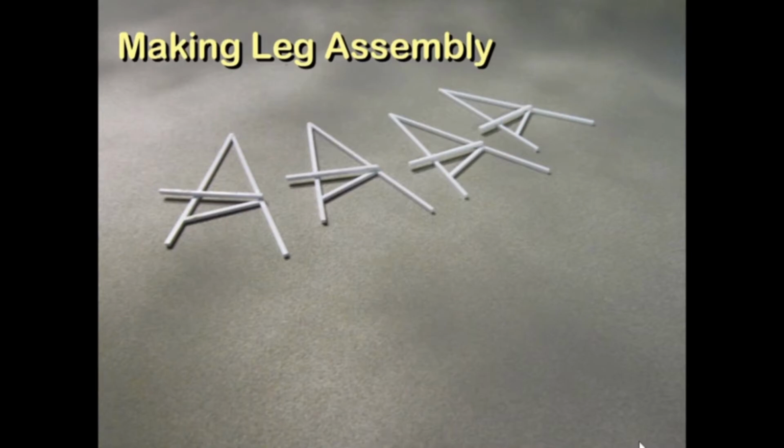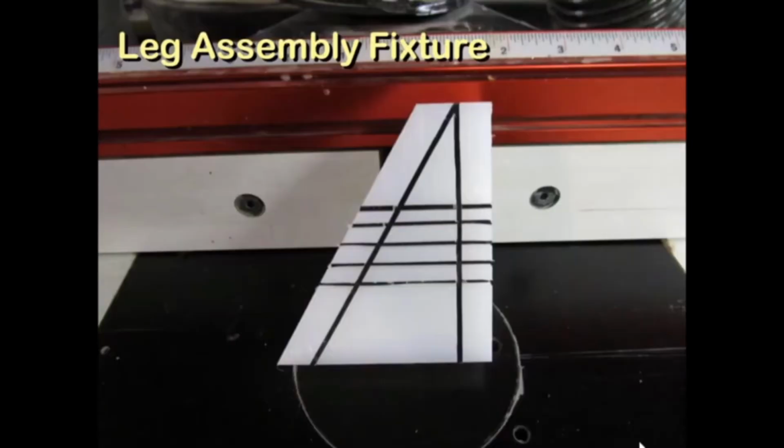Again, your decision. If you end up wanting to make a lot of signs, you may want to order Evergreen 164 in bulk as part number 6164 directly from the manufacturer at evergreenscalemodels.com. They're good folks. To assemble the supports, I created a leg assembly fixture out of ultra-high molecular weight polyethylene,